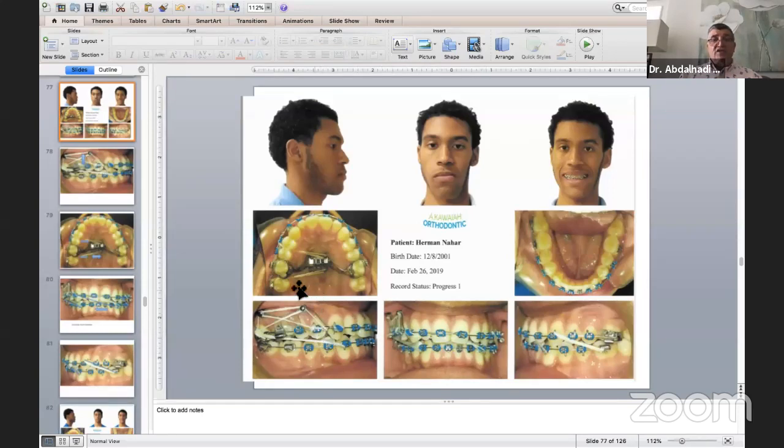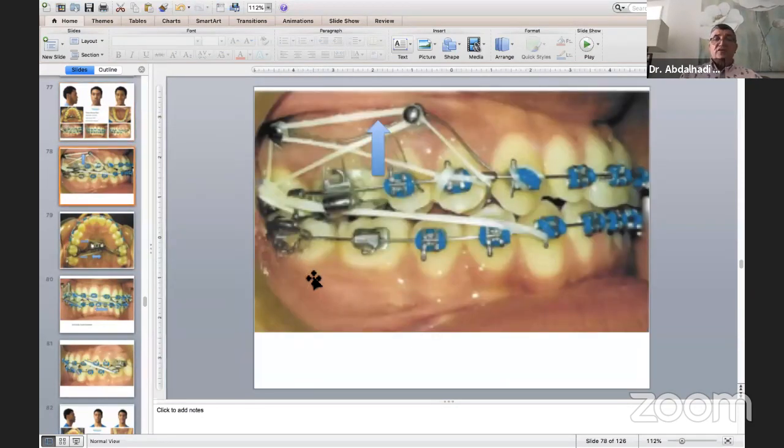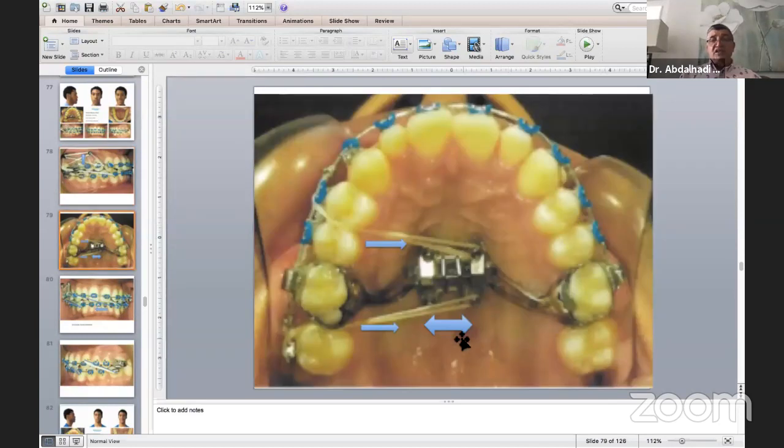And I have elastic to intrude this right side upper molar from the buccal to the TAD and from the lingual to the Marpe. You see the elastic is going to the Marpe on the right side. So you see the elastic and the intrusion. This is the intrusion, and this is to help to correct the shifting. In addition to expansion, I have expansion of the Marpe. You see there is 2.5, 3 millimeters on each side, and you have the action of the elastics to intrude this molar only on the right side.